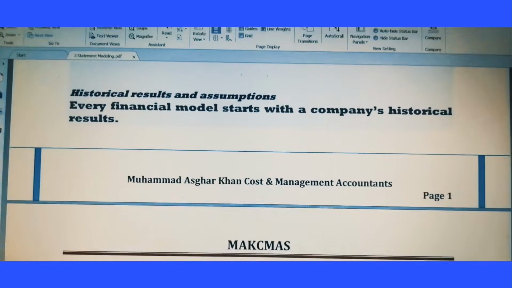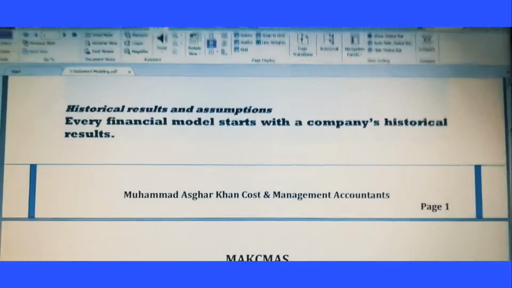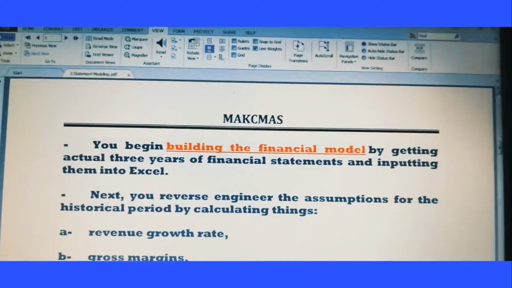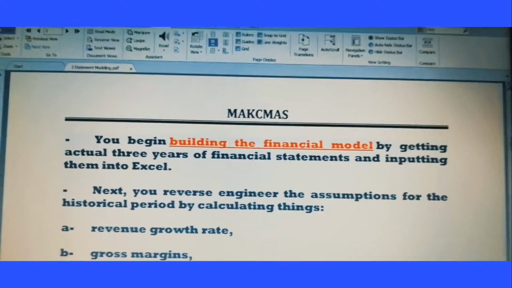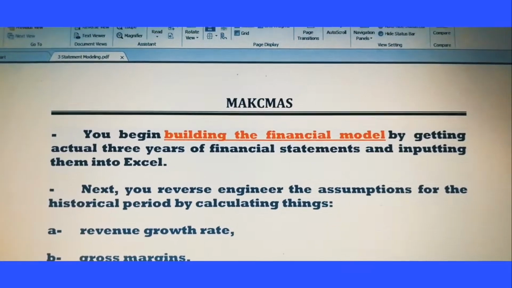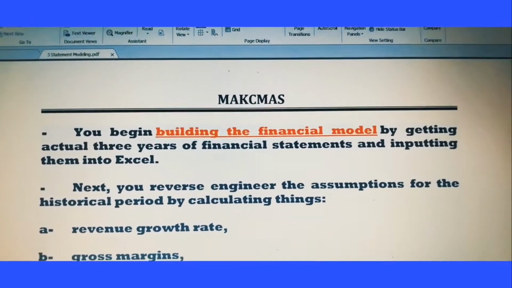Historical results and assumptions. Every financial model starts with the company's historical results. You begin building the financial model by getting 3 years of actual financial statements and inputting them into Excel.